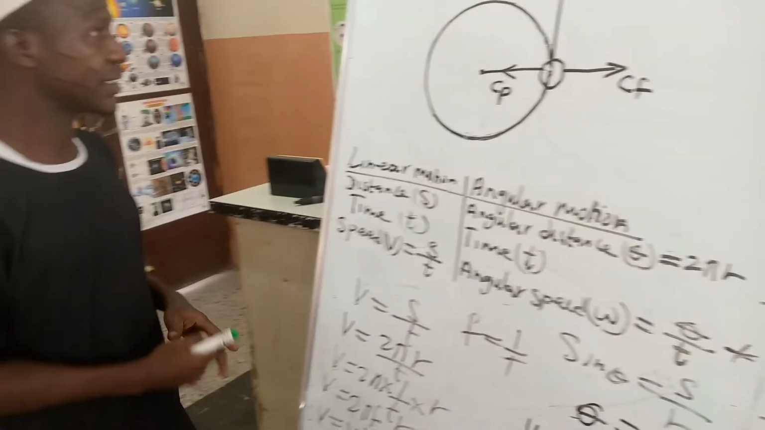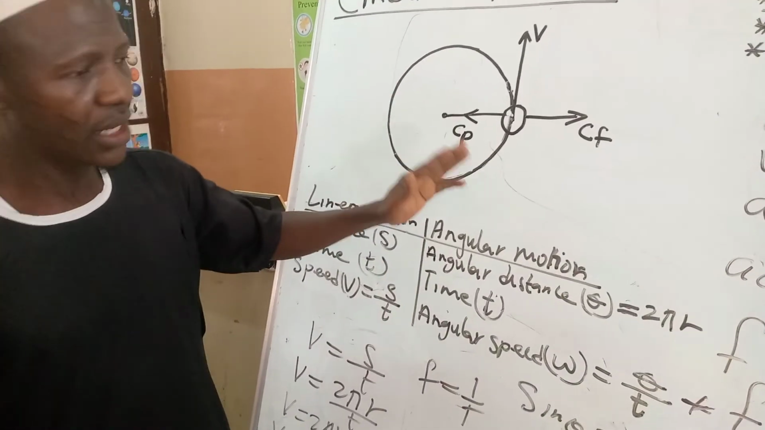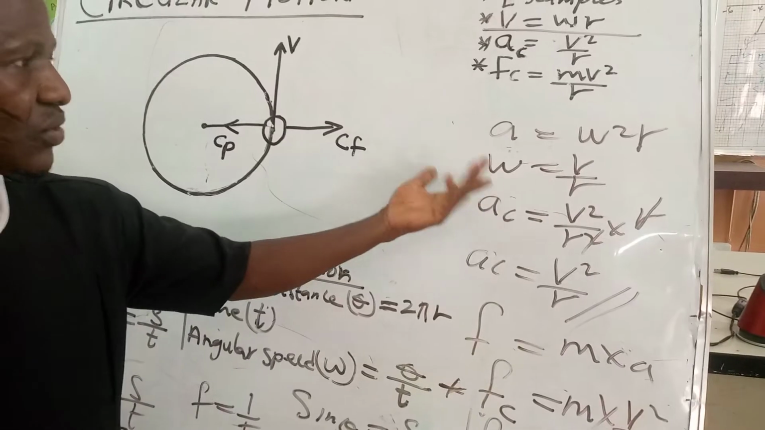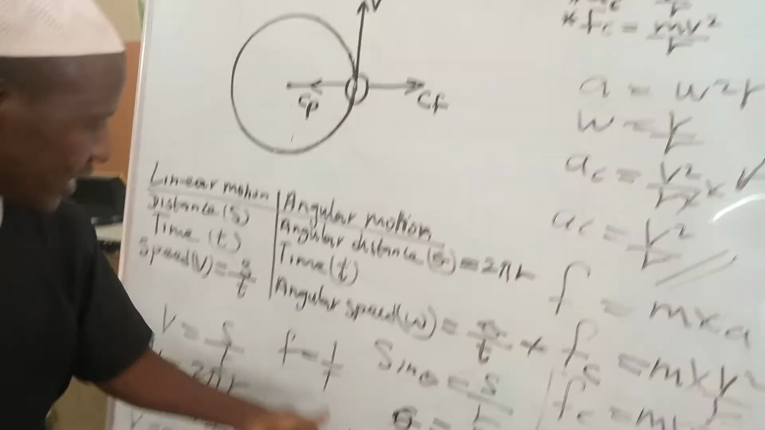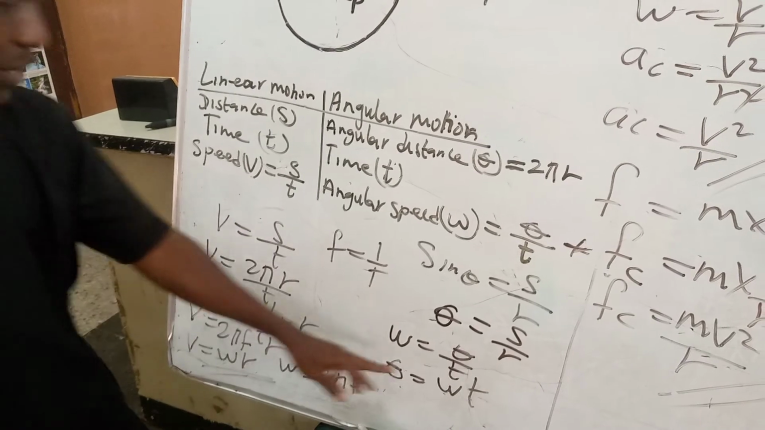So inshallah, when we get to simple harmonic motion, you will get the formula for how to derive omega, how to get this 2 pi f for the formula for omega, and then how to get 1 over t for f. So that's the end of the